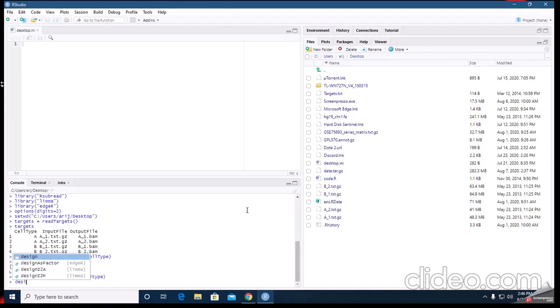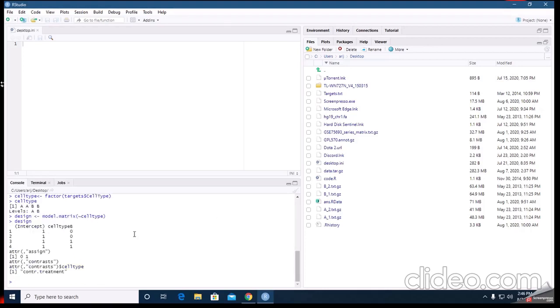Okay, now we make our design matrix. This is our design matrix.